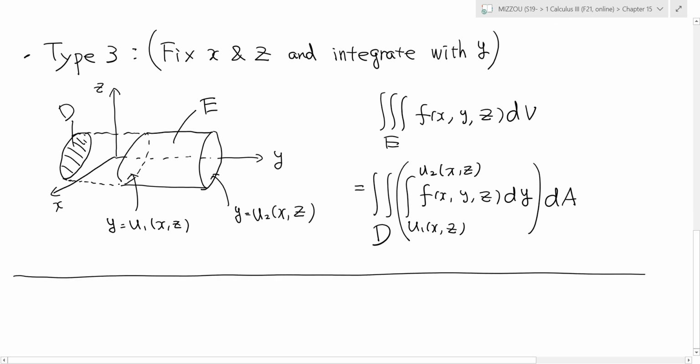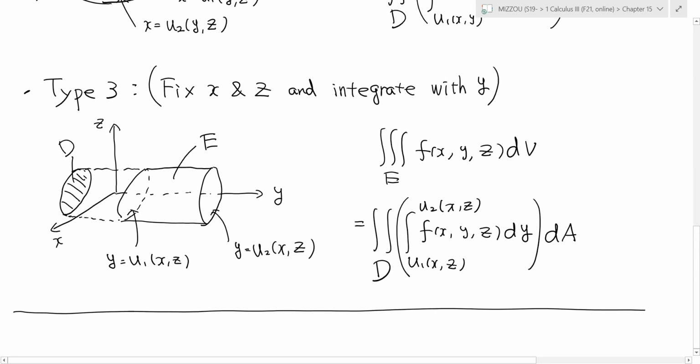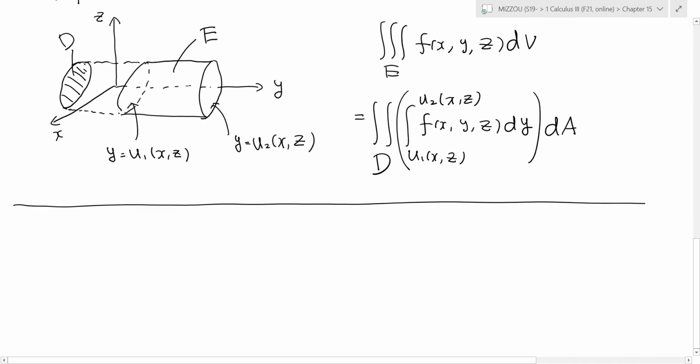For the rest of this section in this video, pretty much what I'm going to do is work out a bunch of examples. And usually in a problem, it's not given which one to use: use type 1, use type 2, type 3, or whatever. Usually it's not given. You have to find out which variable you take care of first by looking at the problem. For example,